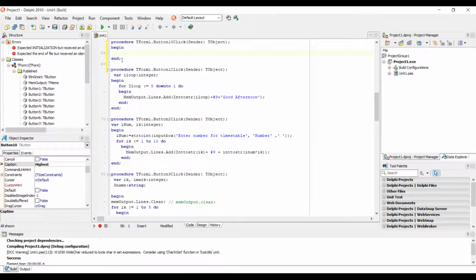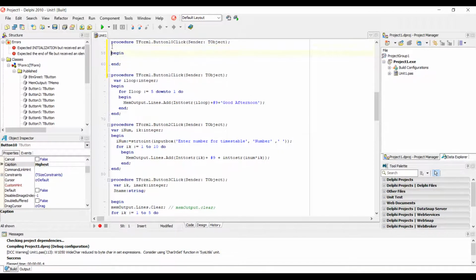We're ready now to code here so that we find the highest. Obviously, first of all, we're going to declare variables. These are local variables that we're declaring. So I'm going to declare var, my loop variable, because I'm using a for loop. My loop variable is ik. I'll put this as integer. And then also